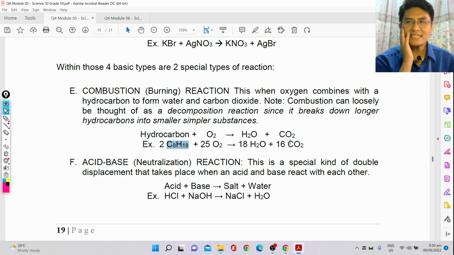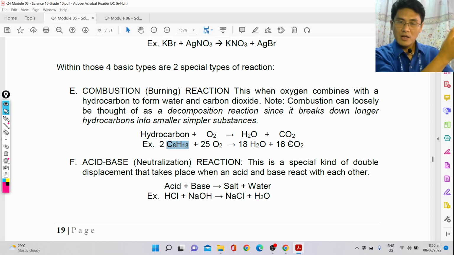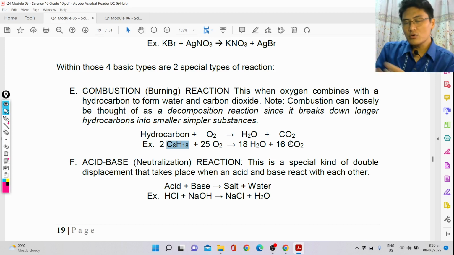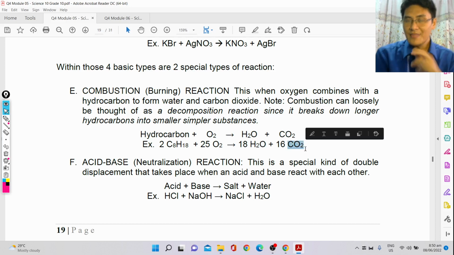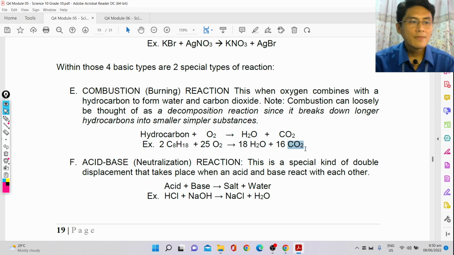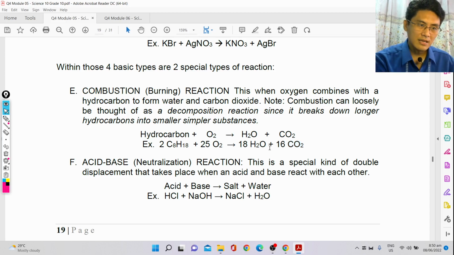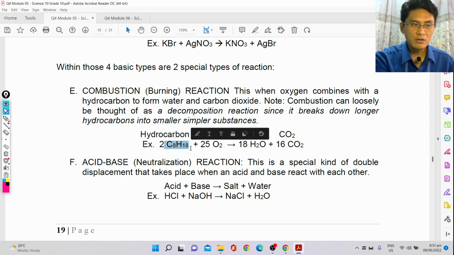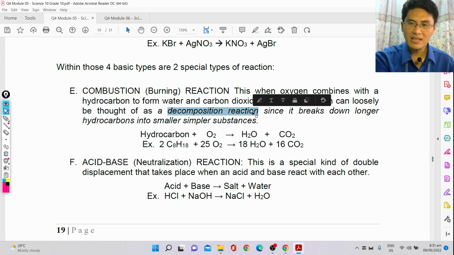So the way I see it is, I look at a substance and it's made up of 26 atoms. Now it turns into substances that are only composed of 3 atoms and 3 atoms. So for me, that is still decomposition. It's not a straightforward one thing turns into two, but if you consider the size of the molecule, you have a big molecule and it decomposes into smaller molecules. So for me, this is still decomposition, right? But if you think of it as